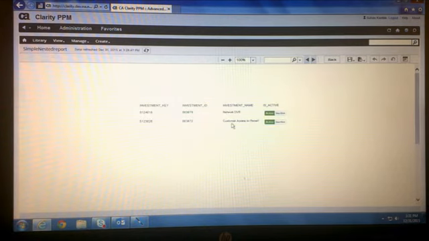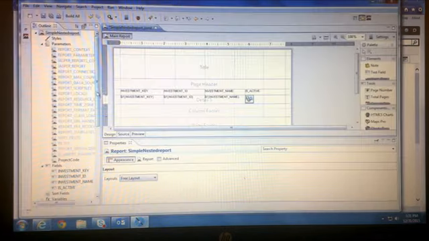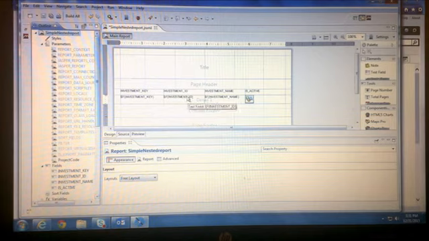Another feature of Jaspersoft reports is you could have sub-reports. This might not be the right candidate for a sub-report because we are showing investments here.